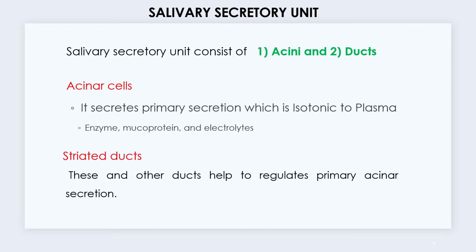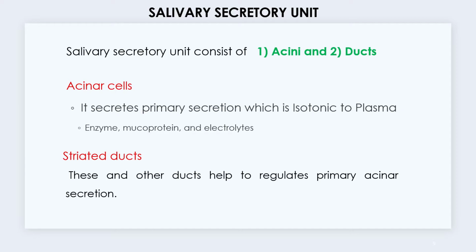In addition to this, acinar cells also secrete some enzymes, or you can say prepare some enzymes, with the help of course of mitochondria, ribosomes, and other cell organelles that are responsible to produce proteins. Enzymes are also protein. So you already have a background of how protein is synthesized. So enzymes, mucoproteins, electrolytes, all are collectively